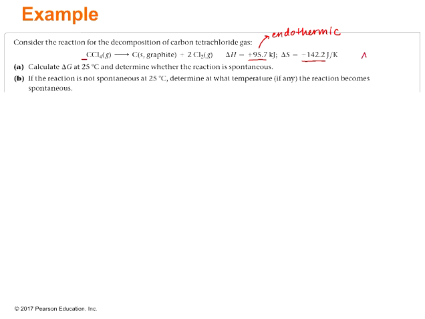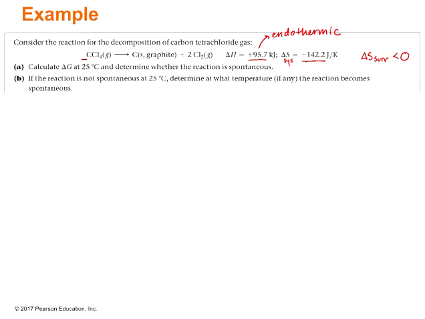However, entropy for the surroundings will decrease because we're pulling heat away from the surroundings. So we're making the surroundings more ordered. And we'll write a little system here next to delta S because that delta S is for just the reaction. Okay, so now A, we're going to calculate delta G at 25 degrees Celsius and determine whether the reaction is